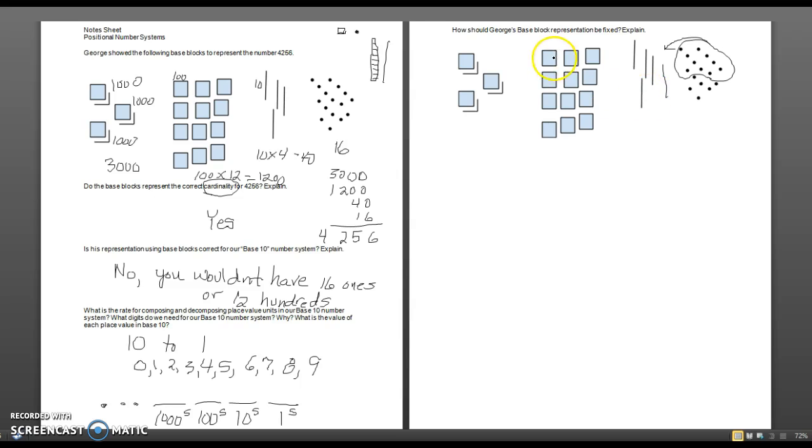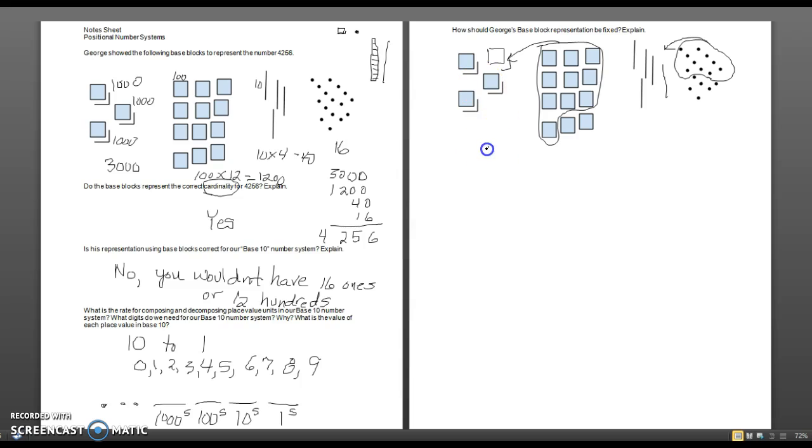All right. Now I had 12 of these hundreds, and I need to take 10 of them, and I need to turn it into a thousands piece, a block, a shadow, however we want to call it. Okay. I've now fixed my representation, and we can see that my representation matches our symbolic way to write the